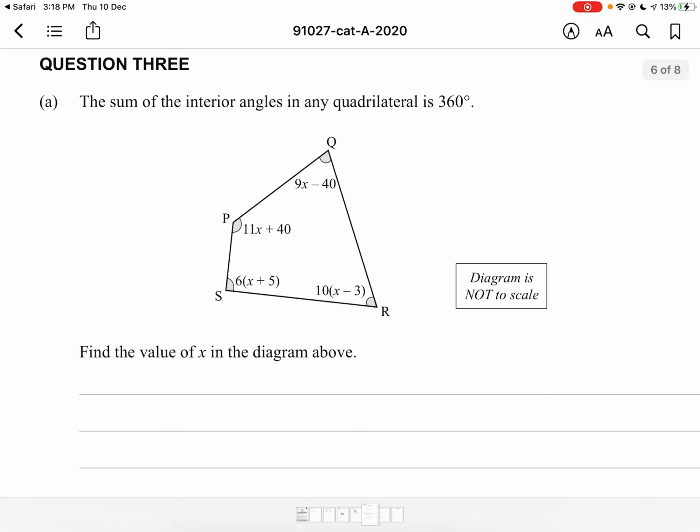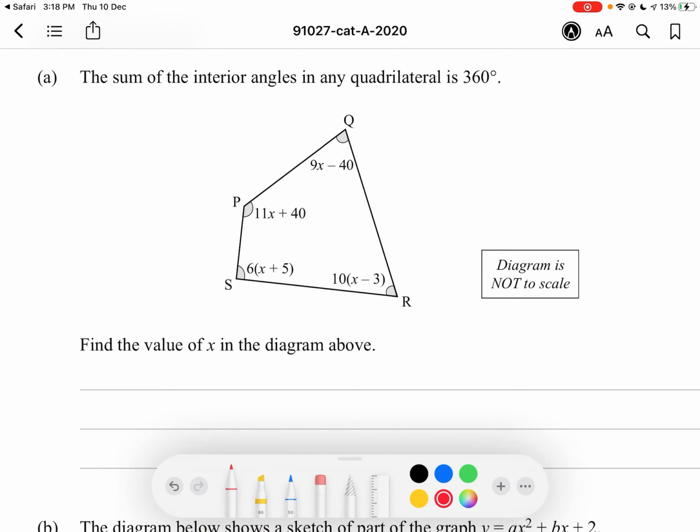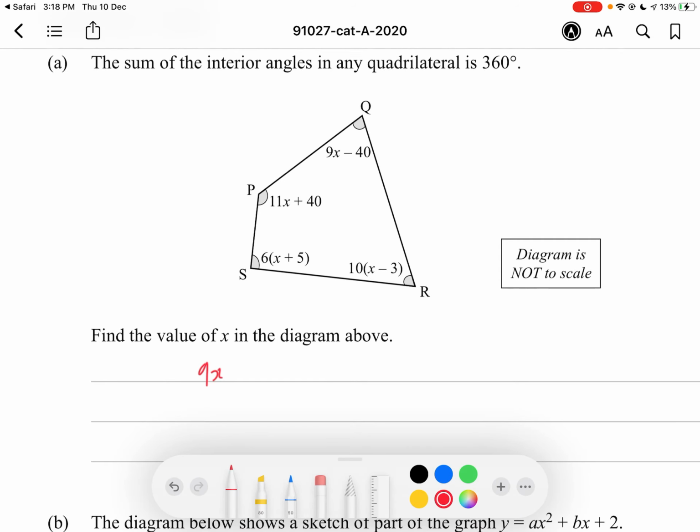Okay, one more. So the sum of the interior angles in any quadrilateral is 360 degrees. Find the value of x in the diagram above. So we're going to add up all of these x terms and make it equal to 360. So we have 9x